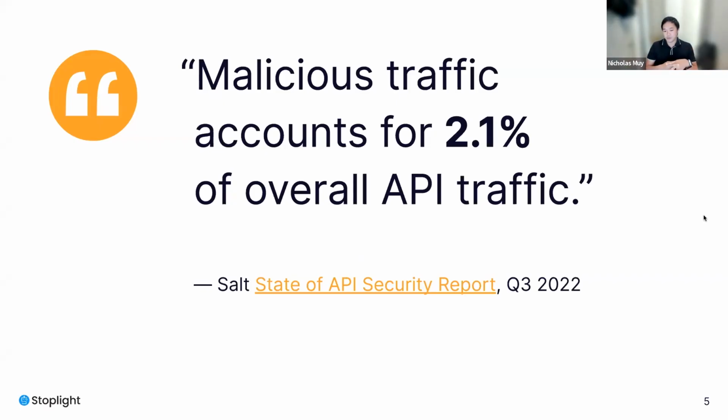We'll cite a couple from the many great companies doing work specifically in this space. There's one from Salt's State of the API Security report recently, and they're talking about malicious traffic being 2.1% of overall API traffic. Whether it's 2.1, 2, or 3%, it's a huge number given the billions and probably trillions of API calls out there. It's kind of crazy to see that number growing, and it reminds me of